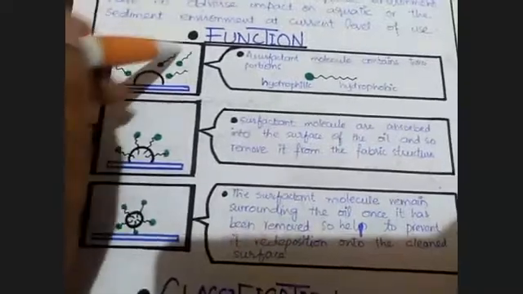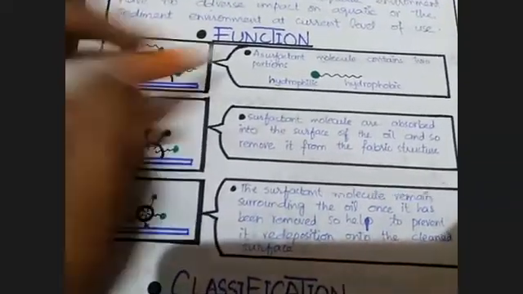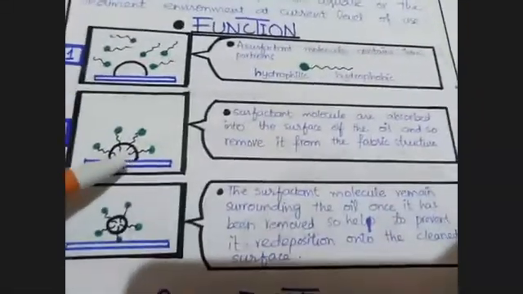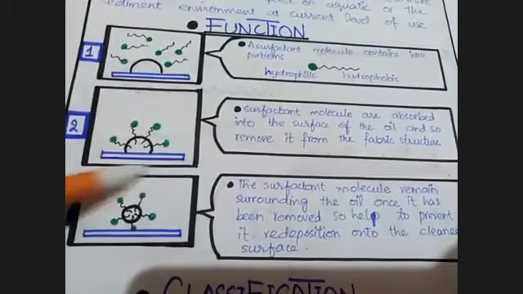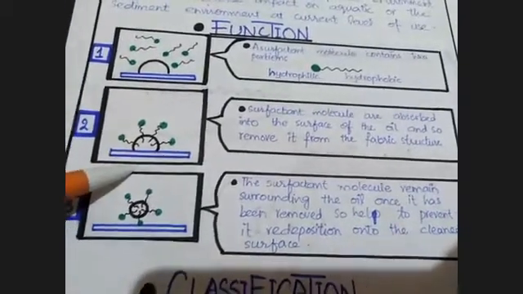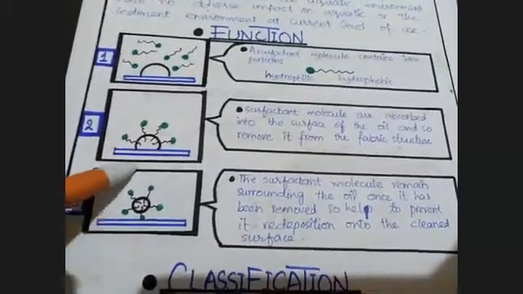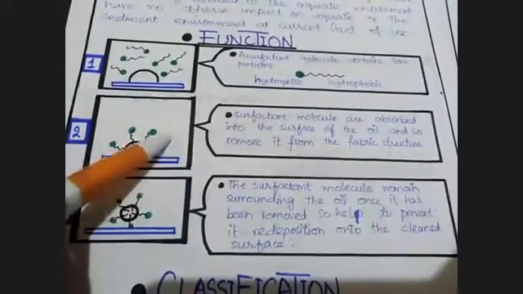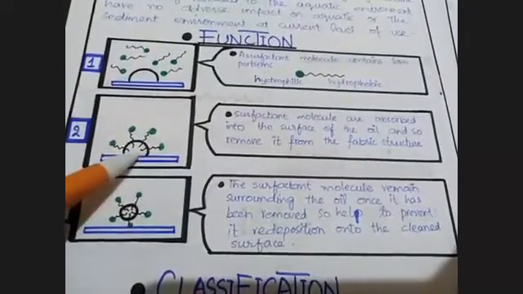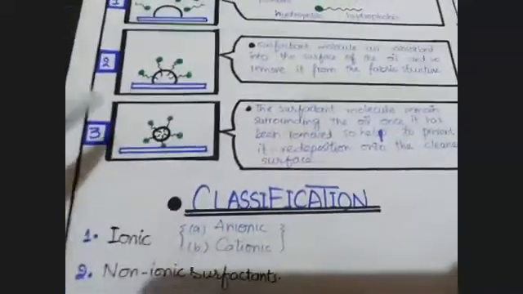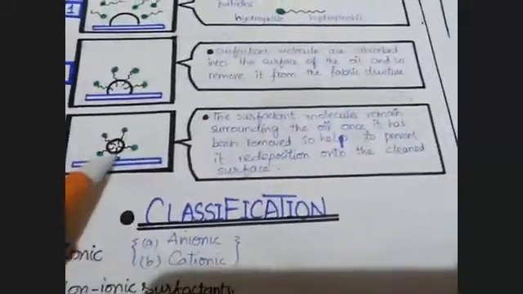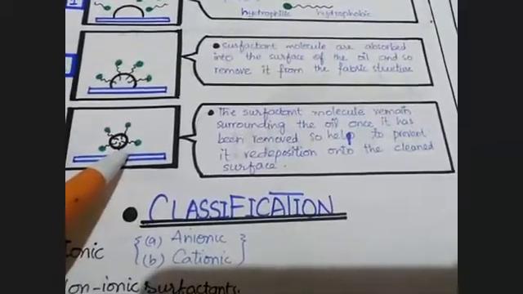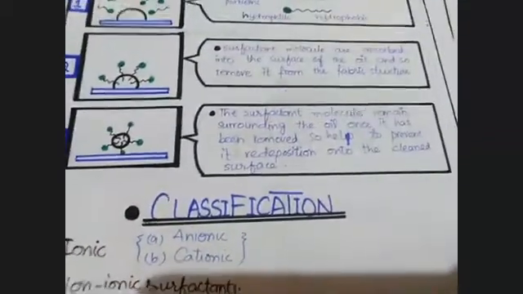As we know, surfactant molecules contain two portions, hydrophilic and hydrophobic. The surfactant molecules are absorbed on the surface of the oil, so they remove it from the fabric structure. This is the fabric structure and this is the surfactant molecule that is carried around the oil molecule. And then micelle formation occurs and then it is rubbed away so that it prevents the redeposition on the clean